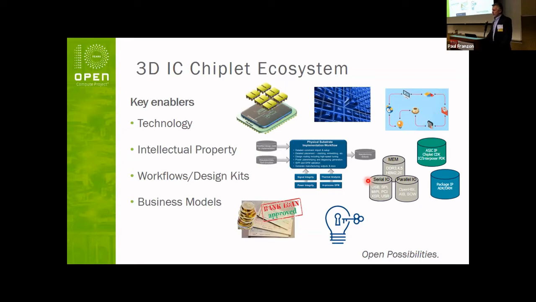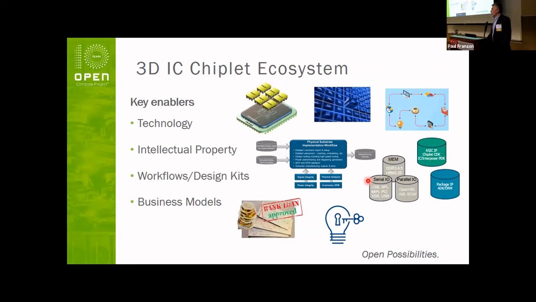For a chiplet ecosystem, it's similar enablers, but slightly different. So on technology, this is really the 2.5D and 3D stacked manufacturing and assembly processes. For IP, the chiplets themselves are actually the IP, the building blocks that would be used in the package, as well as the additional models that we're recommending to be included with those chiplets. Another aspect of the IP are the die-to-die interface, the different protocols that are used within the package for the chiplets to communicate with each other.